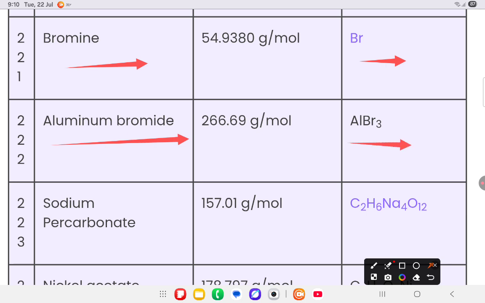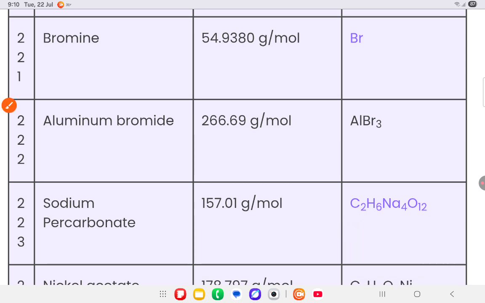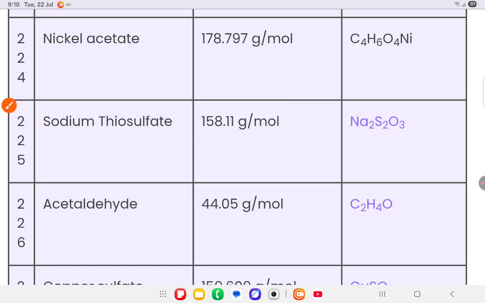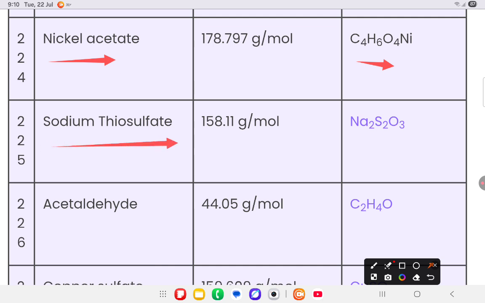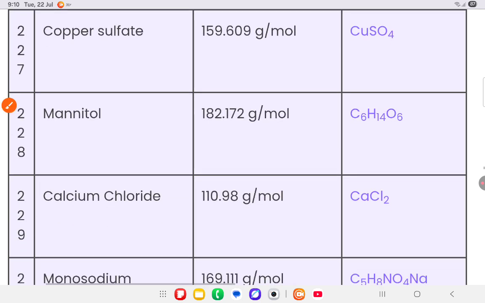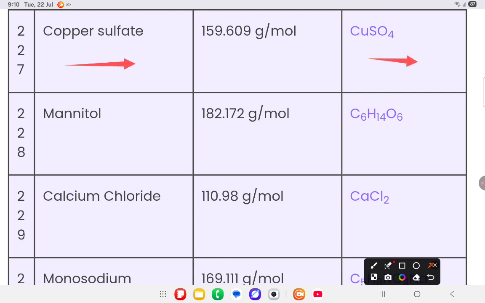aluminum bromide that is AlBr3, sodium percarbonate C2H6Na4O12, nickel acetate that is C4H6O4Ni, sodium thiosulfate Na2S2O3, acetaldehyde that is C2H4O, copper sulfate CuSO4,